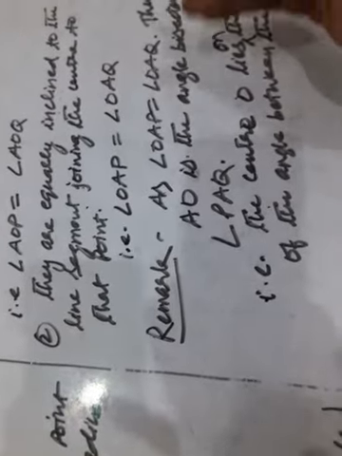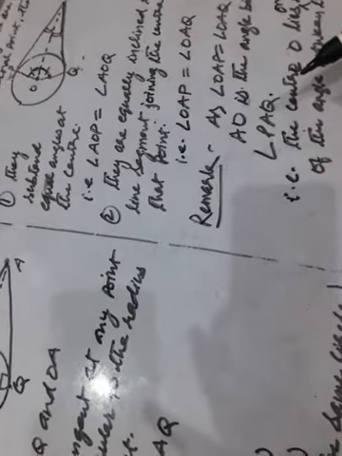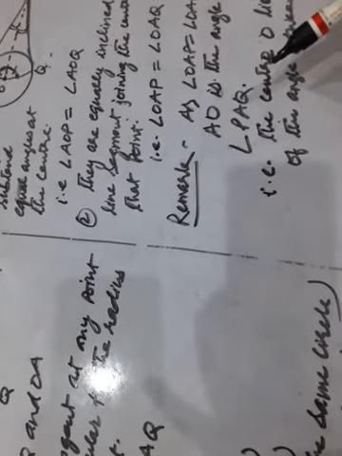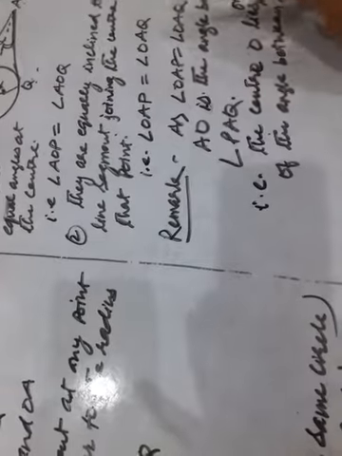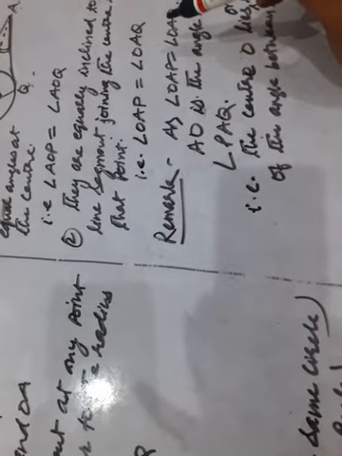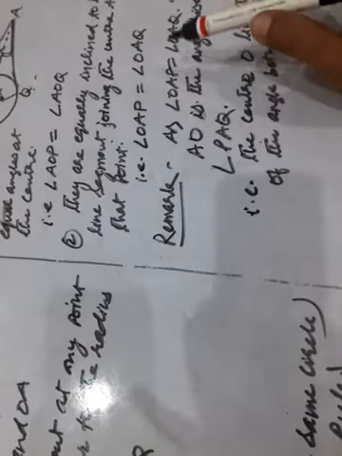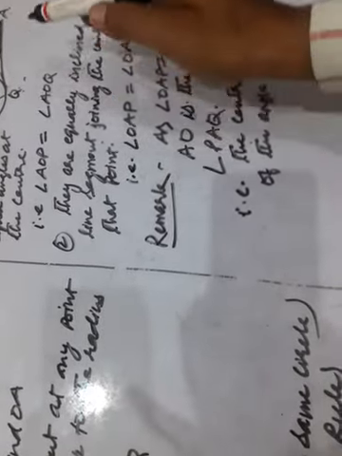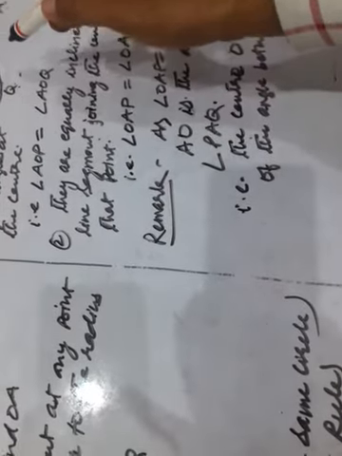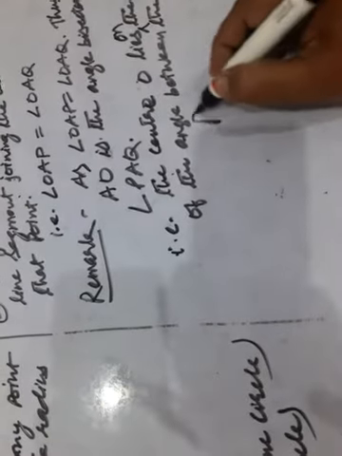Okay, children, now let us move to the exercise. So children, you have seen that if two tangents are drawn from an external point, then they subtend equal angles at the center, and they are equally inclined to the line segment joining the center to that point. This OA is called the angle bisector of the angle made by the two tangents. And center O lies on the angle bisector of angle PAQ, that is, between the two tangents. Clear?